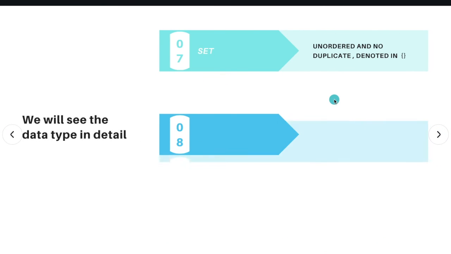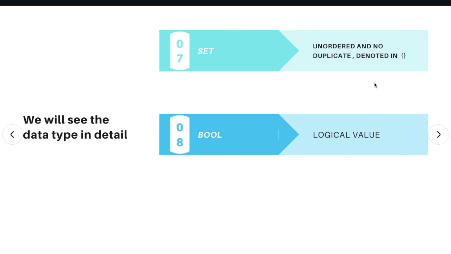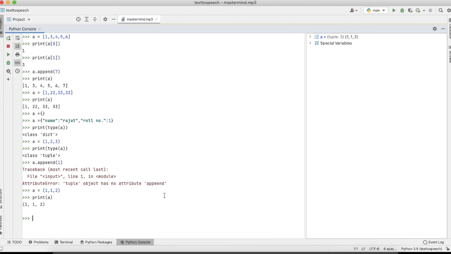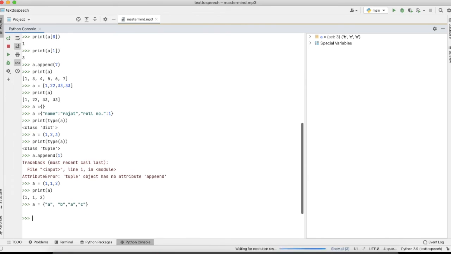Now the next we will see set. Set is unordered and has no duplicate values. Let me explain this with the help of an example. Here we will define the set with the help of curly braces. Suppose I am taking A, B, and again taking A, and C. First we will check the type of this, and you can see this is set.